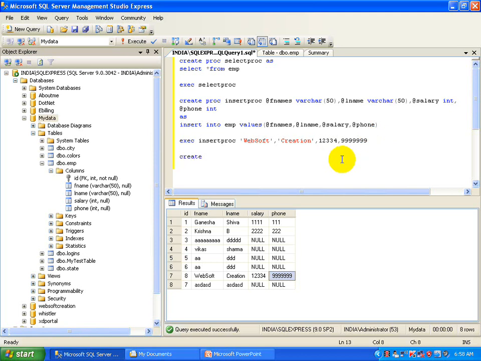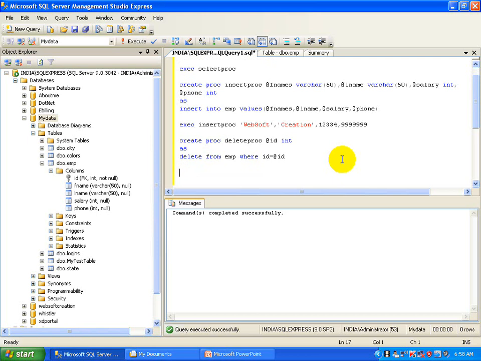Just like it, you can create update and delete. Now I am going to tell you how we can create a delete procedure. I am just giving a name to my delete procedure, and I am taking a single integer variable, and as delete from emp where id equals id. Execute it.